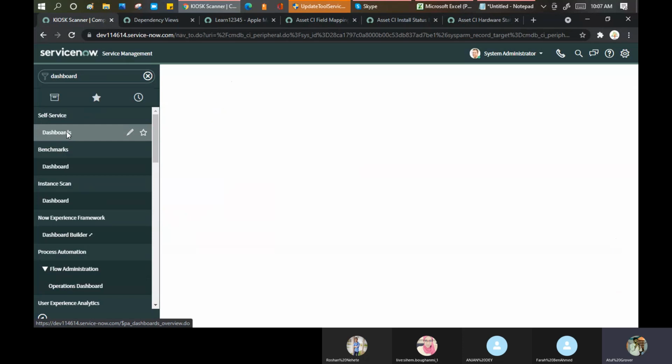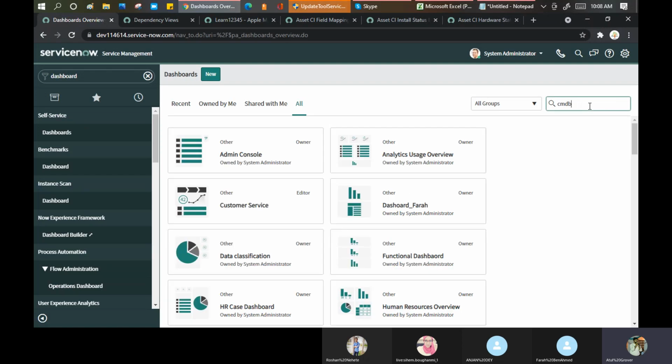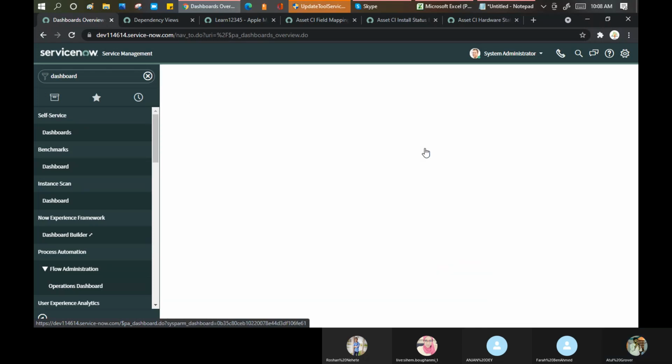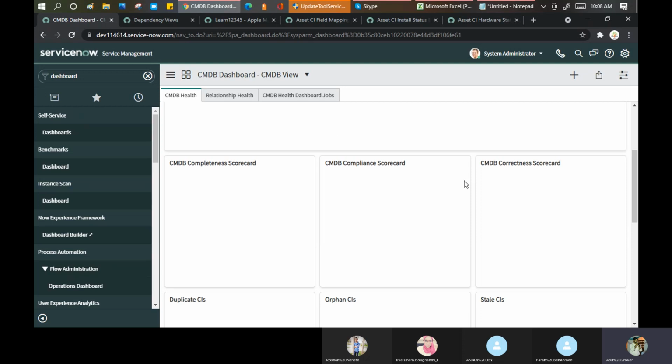I can click here and search, go here, All, CMDB. You can see the different dashboards here. Open this. And you can see multiple dashboards are available here.